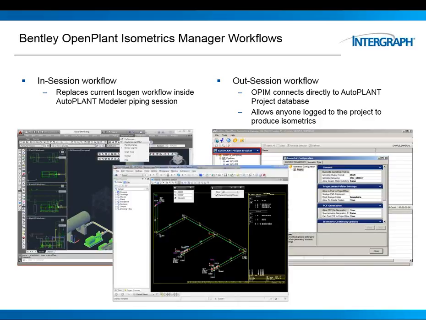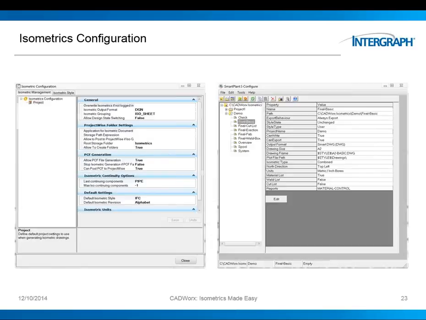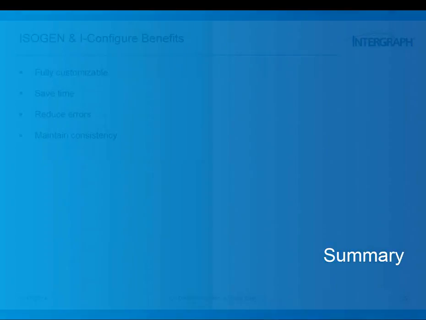But whether you use an in-session or out-session mode, the final output is still the same. You have a 2D isometric, which happens to be intelligent, and 3D at the same time. Okay. So for isometrics configuration, it's done using the OPIM isometrics configuration utility, or as in the case of Isogen, of course, we have iConfigure. Okay. So in summary,